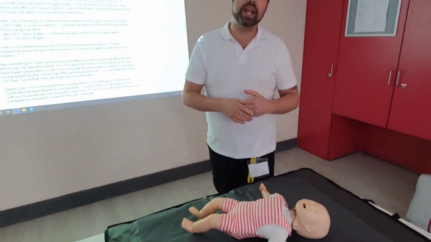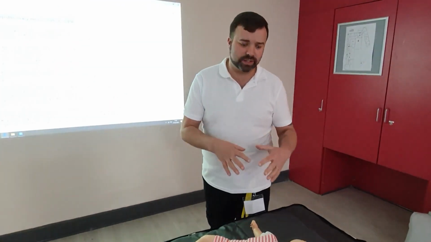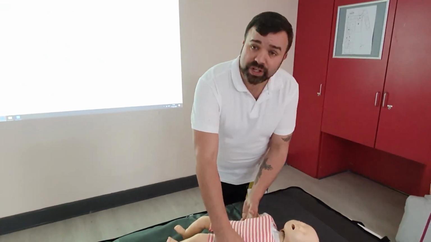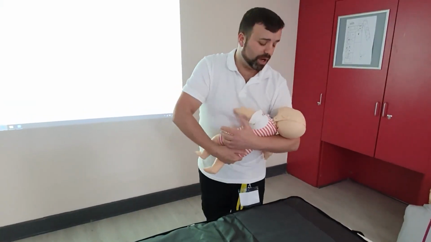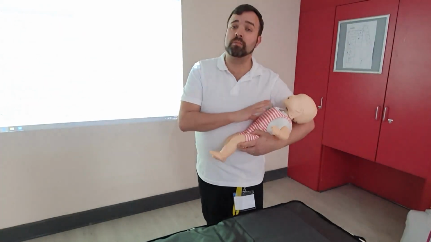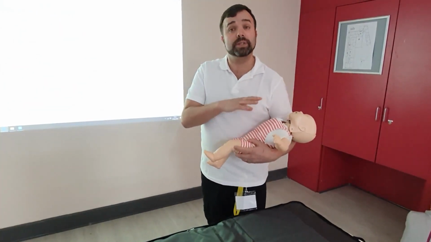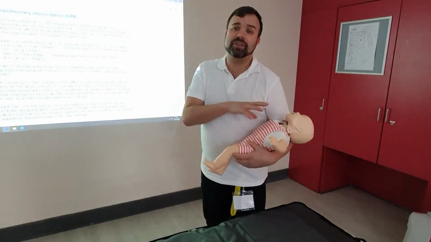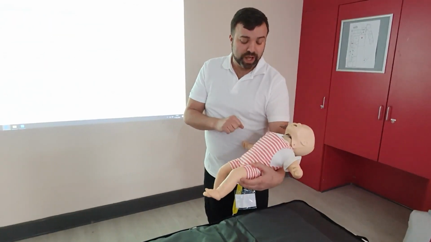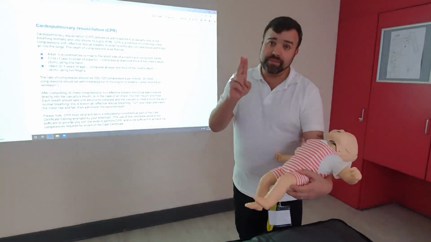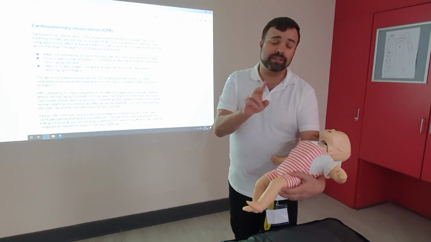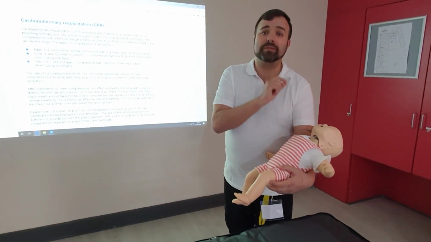Okay, so babies again are slightly different. Again, different sized babies. They recommend a child under 1 year of age is considered a baby. However, with babies, we don't need them on surfaces because we can perform everything in our arms. What it means is we can have the baby in our arm whilst we're performing our checks and doing CPR, and we don't need to leave a baby unattended. Now again, same sequence, we're going to follow everything that we've done here. The difference is now we're going to use 2 fingers, and the breath is enough to blow out a birthday